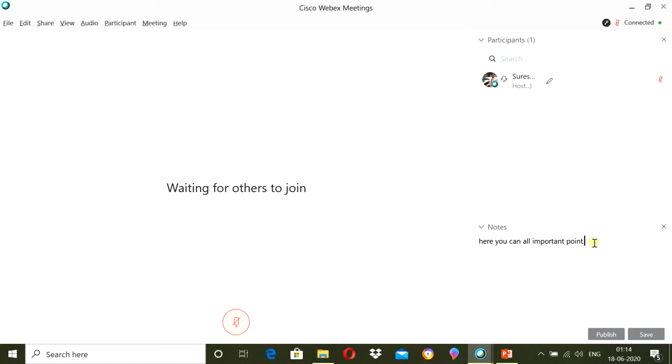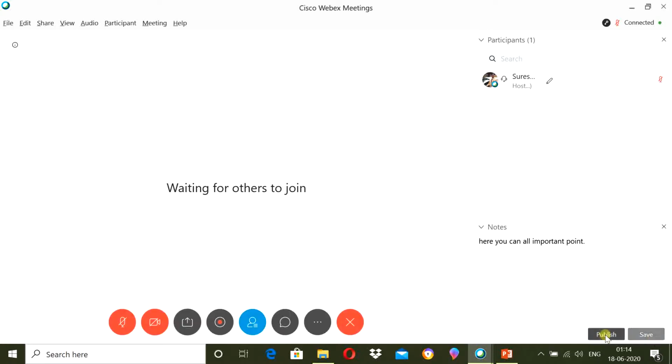You can share some points or the important gist of the meeting or the conference can be typed over here. It can be saved and it can even be published. But I don't think you should publish it immediately. Better to save it, to modify it, and then you can publish it. In this way, some important features from the point of view of the host I have explained.